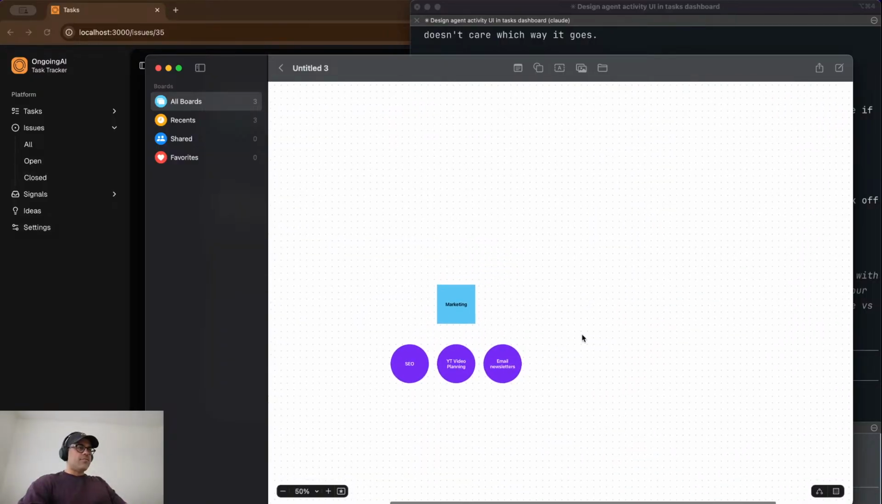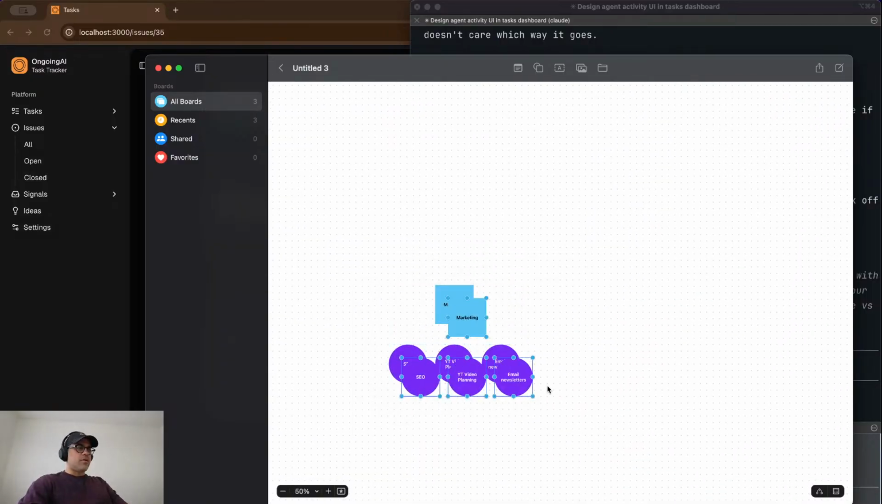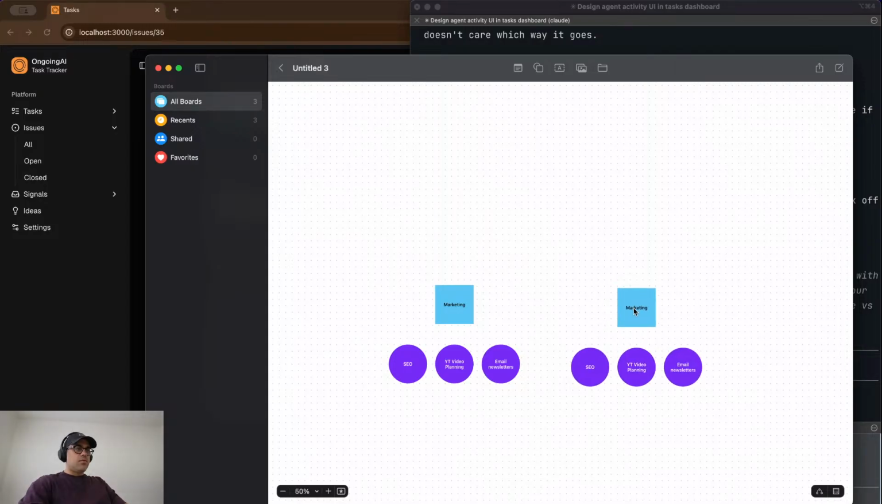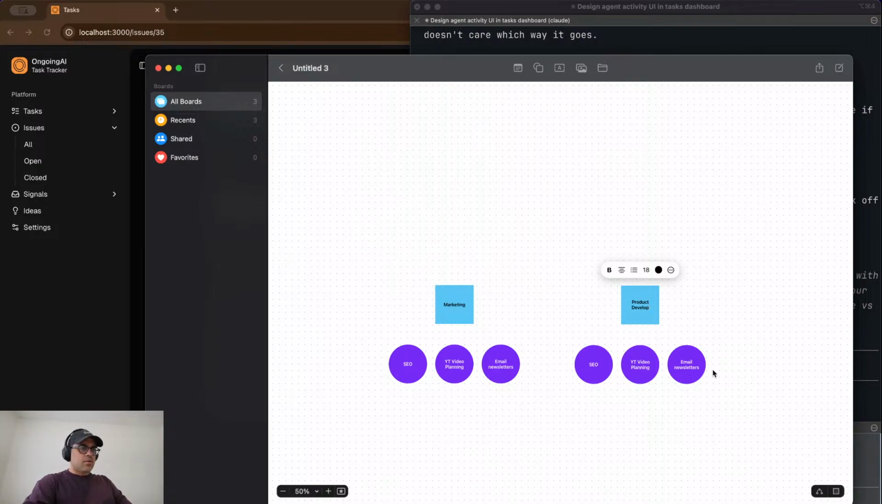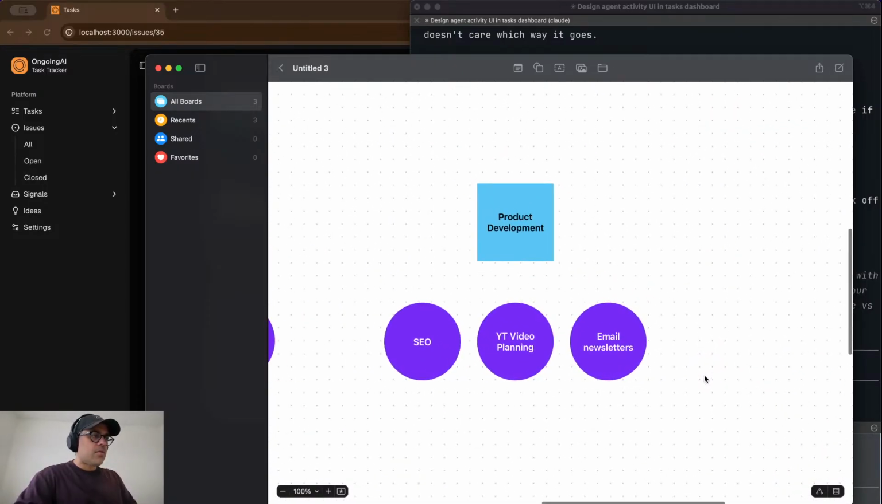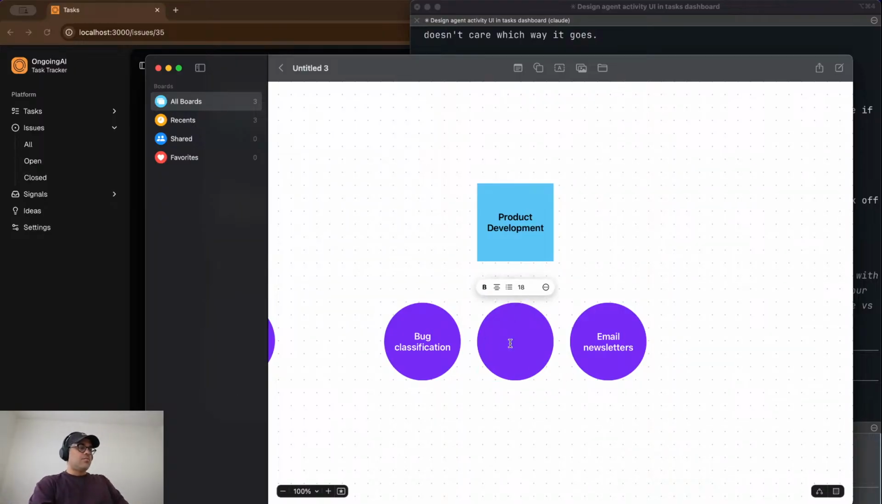This is where we're starting off, but then we end up with other departments like, let's just say, product development. That could be anything like bug classification. When a new bug gets added in or discovered, we can have an agent specifically for that, another agent for